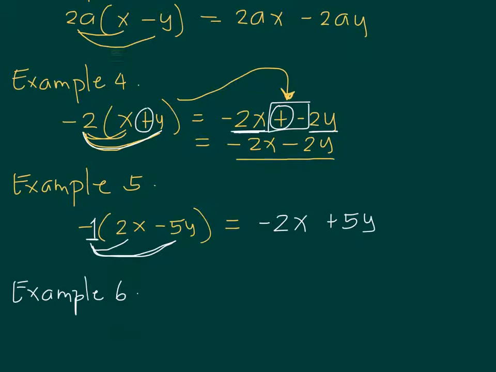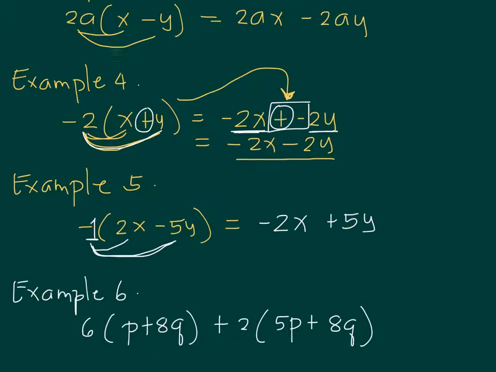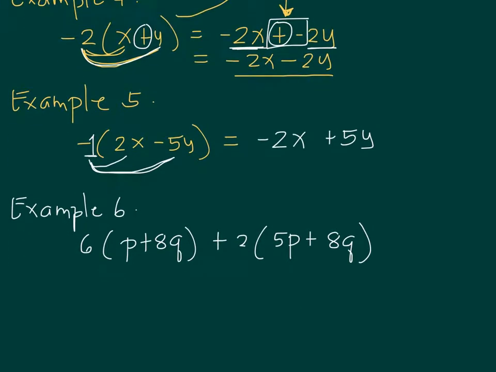Suppose I want to simplify 6 times p plus 8q, which is added to 2 times 5p plus 8q. Okay, so we apply the distributive law. First, by the way, you should look at it as there's one group here and there's another group here. So this will become